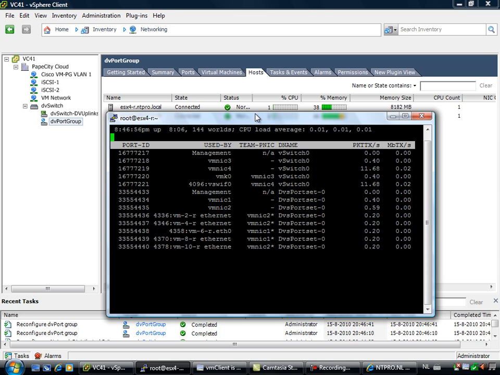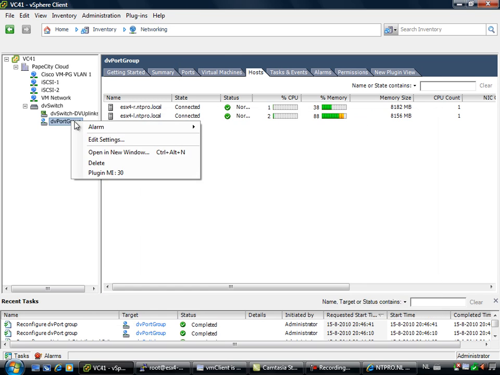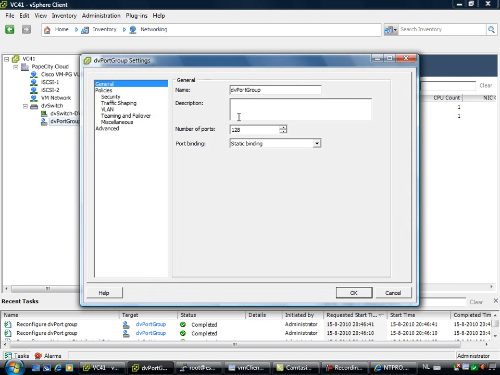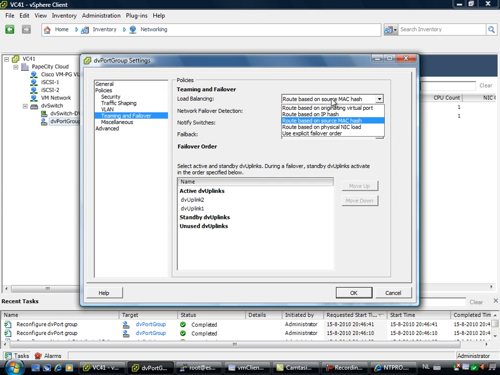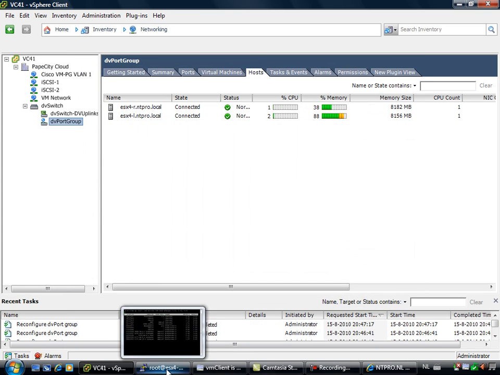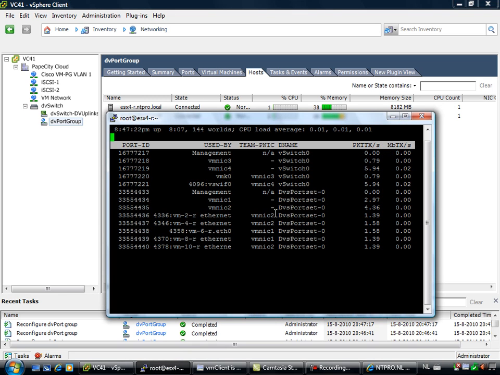It's just connected to one of those physical NICs, and it will stay there as long as it's powered on. So there is a new vSphere 4.1 setting. It's only available on a distributed switch, and when you look at the route based on physical NIC load, the virtual machines are initially assigned to one of the physical network cards. So what you see right here is